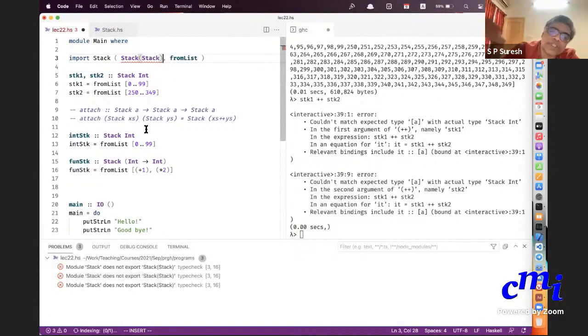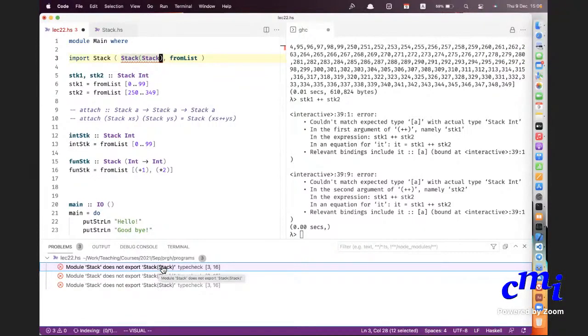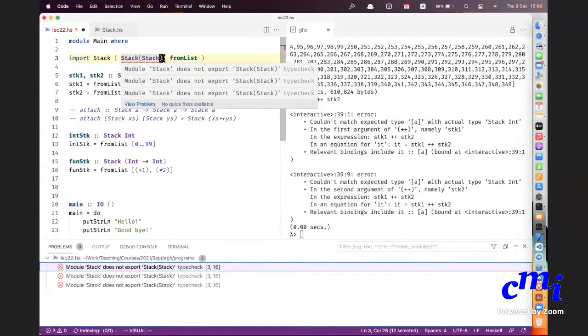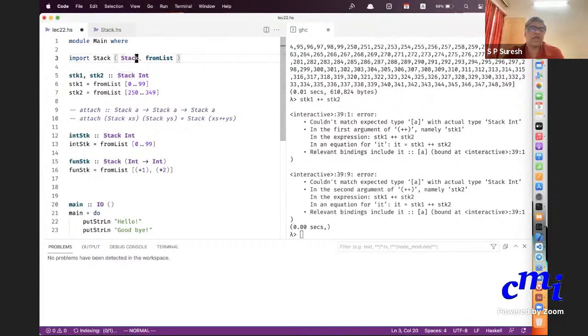It says that the module is not exporting the value constructor, so you cannot import this. Can you read the error message? So of course you can import fewer things than what is exported, but you cannot import more things than what is exported. That stands to reason also.